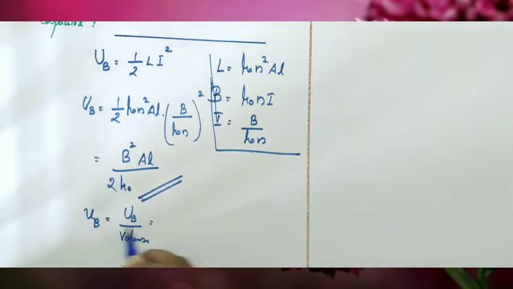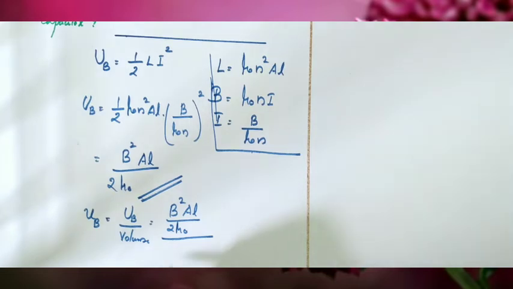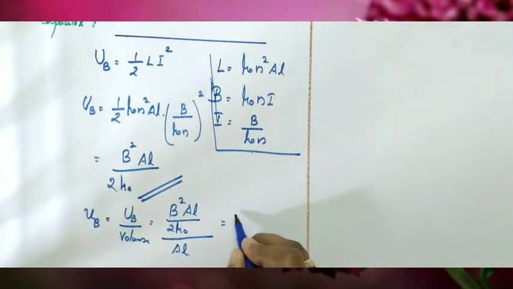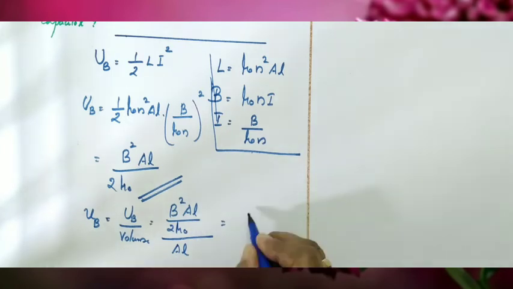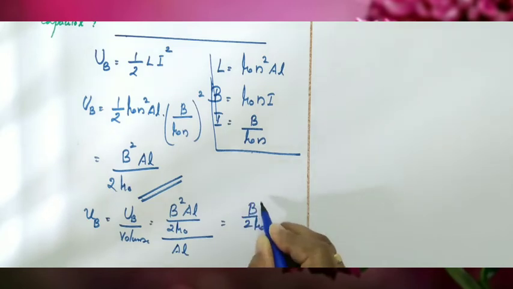So energy, what is the energy? B square Al divided by 2 mu 0, the whole divided by, what is the volume? Volume of the solenoid is Al. Al and Al get cancelled. So magnetic energy per unit volume or magnetic energy density is half mu 0 B square, or B square divided